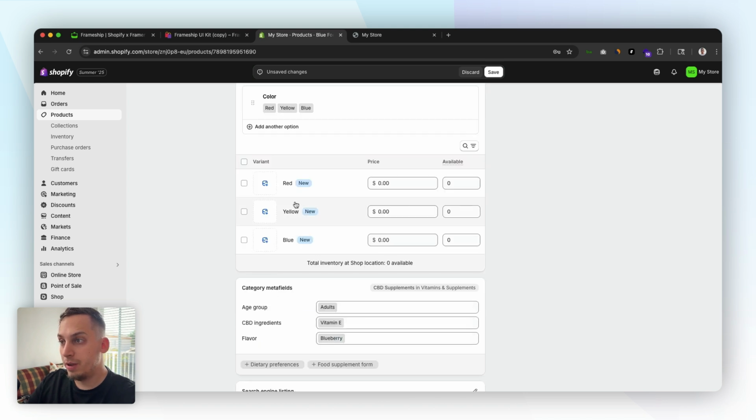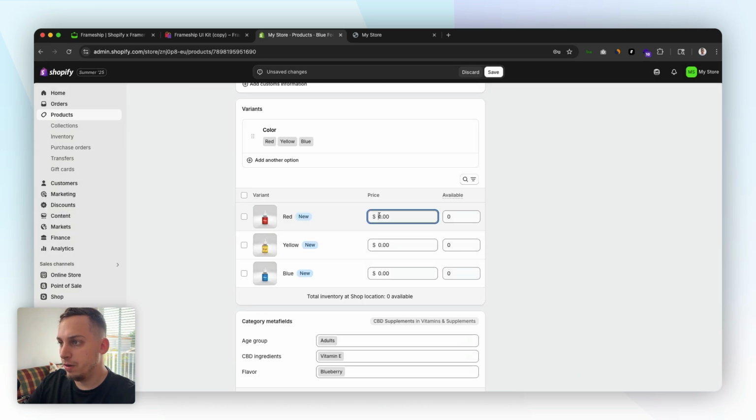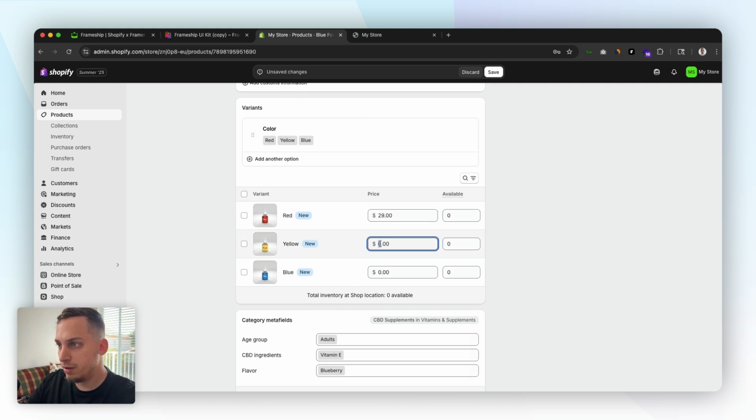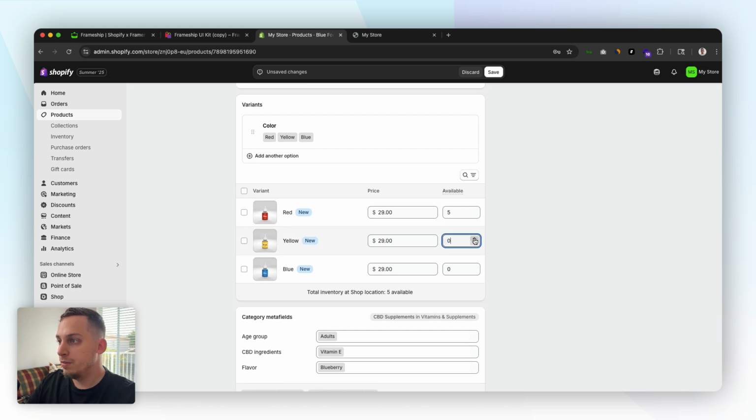And what we can do is add media for each one of these. So over here, we can click on this button and we can add the different media that belongs to each one of these products. So I'm going to go ahead and add this cover image for this one. And we can also add the different pricing. So we can put like $29 for each product. And we can have different units available for each one. So we can have like 5, for example, over here, 2 for these,